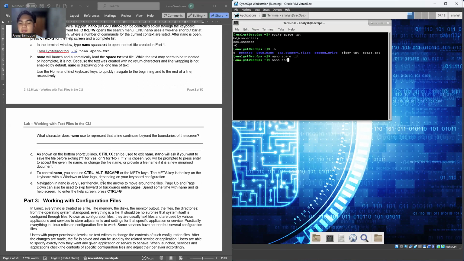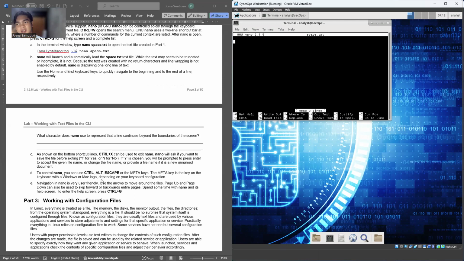Nano space.txt. Okay, we're in. Control, Escape. Oh, what is Escape for? Escape X. When I press Escape and X, what is it?